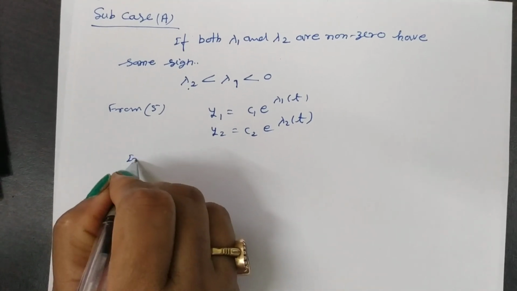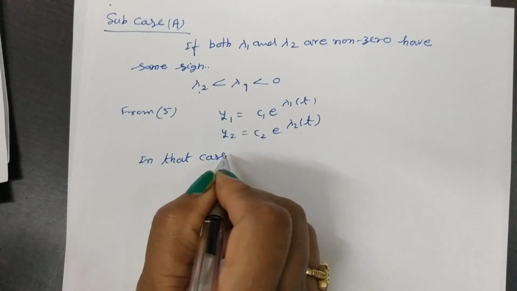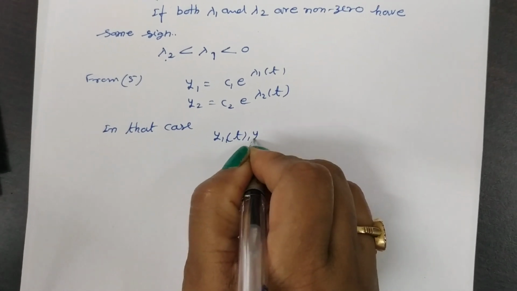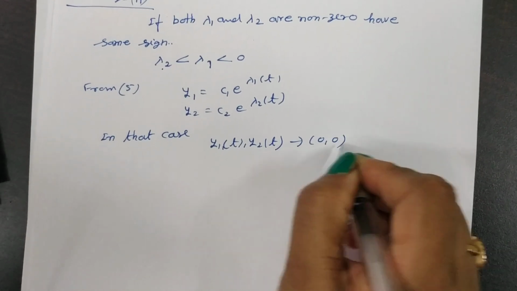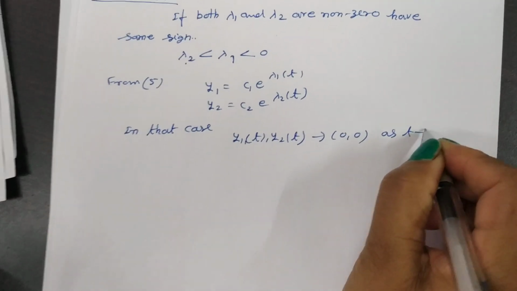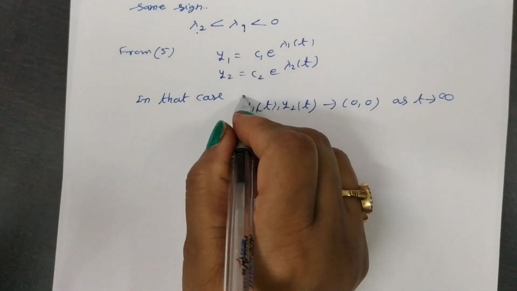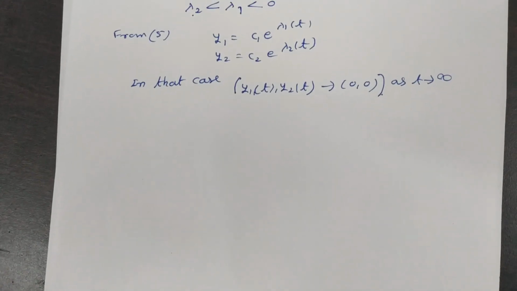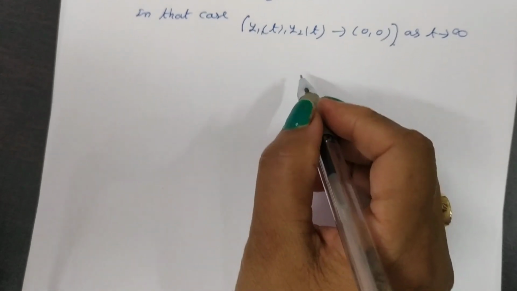In that case, you see that y1(t) and y2(t) both tend to 0, 0 as t tends to infinity. So in that case, therefore, every orbit,